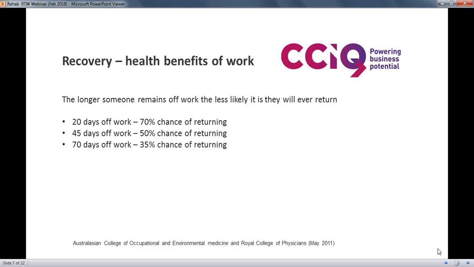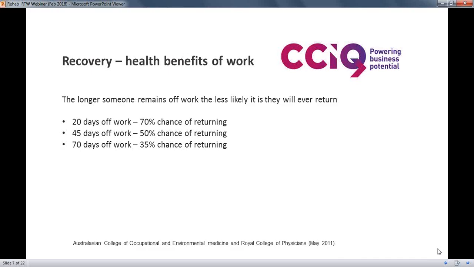Now, I'm sure that many of you today may have experienced a situation where an employee has been off for a long period due to a number of circumstances relating to or arising from their injury. So you can probably see that the early return reduces the risk of long-term disability and improves quality of life. Also stemming from that research, injured workers who are offered suitable duties are twice as likely to return to work. Strong evidence suggests that absence from work tends to perpetuate itself, as shown by those numbers.